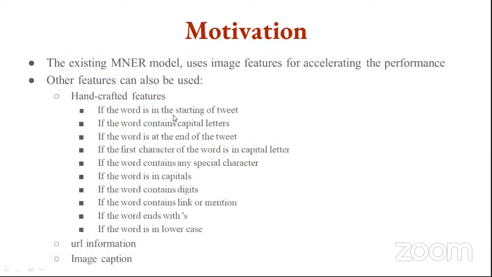There are several features that we have used, like handcrafted features. If the word is the start of a tweet, that is an indication that it could be a named entity. If the word contains capital letters, that is an indication that it will be an entity. If the word is at the end of a tweet, most likely it is not an entity. If the first character of the word is a capital letter, then maybe it will be a person name or the name of an entity. If the word contains a special character, if the word is in capitals, if the word contains a digit, if the word contains a link or mention, if the word ends with apostrophe s, if the word is in lowercase characters. All these features we have manually designed, and then those feature values are extracted for